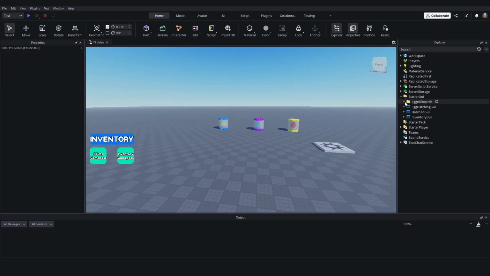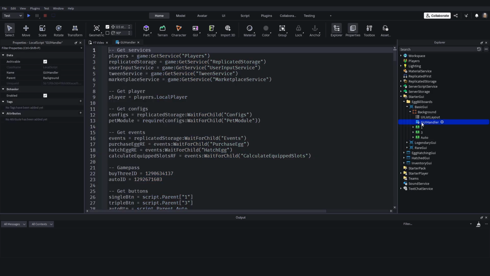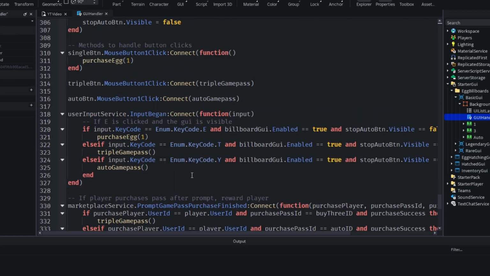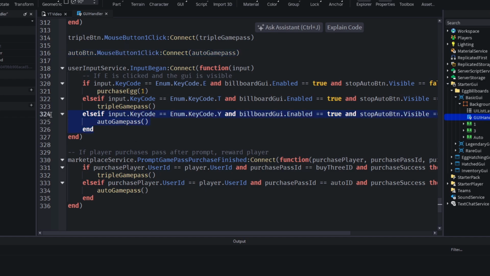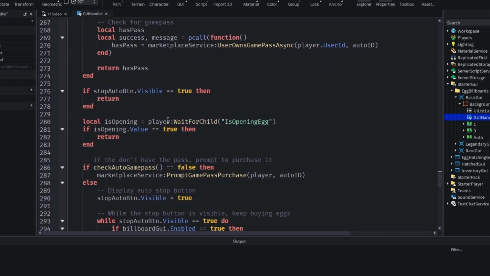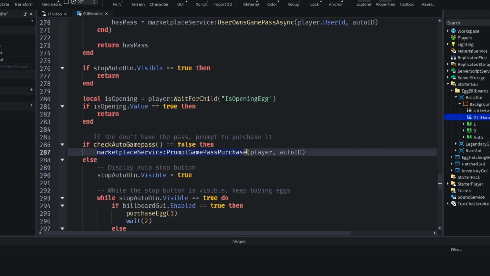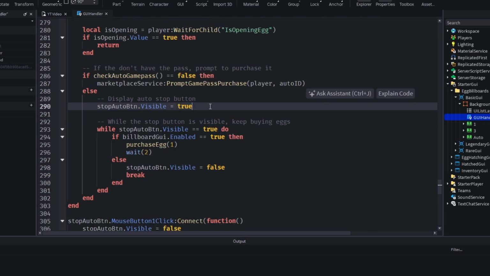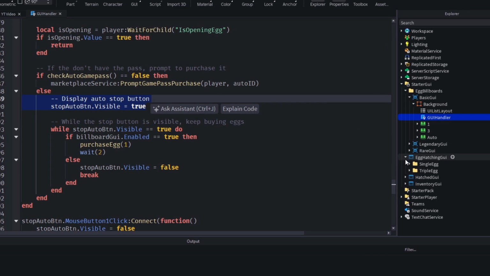So in our GUI handler script, I'll just open up the one in the basic GUI. When the auto button or the corresponding key on the keyboard is pressed, the auto game pass function is called. This function checks to see if the user has the auto game pass. If they don't, it prompts them to purchase the game pass. And if they do, it displays the stop auto button, which can be found inside of the egg hatching GUI